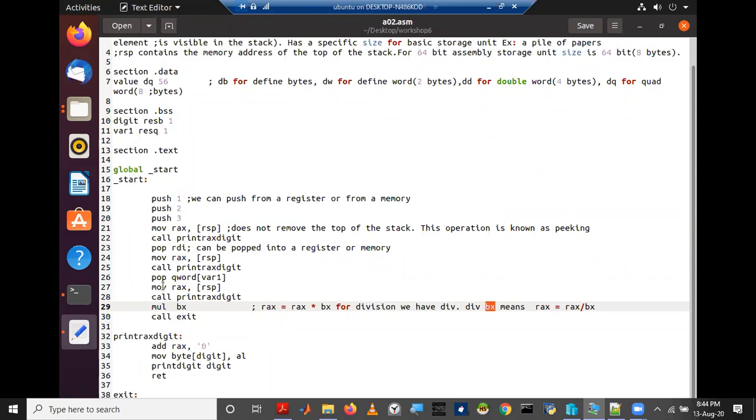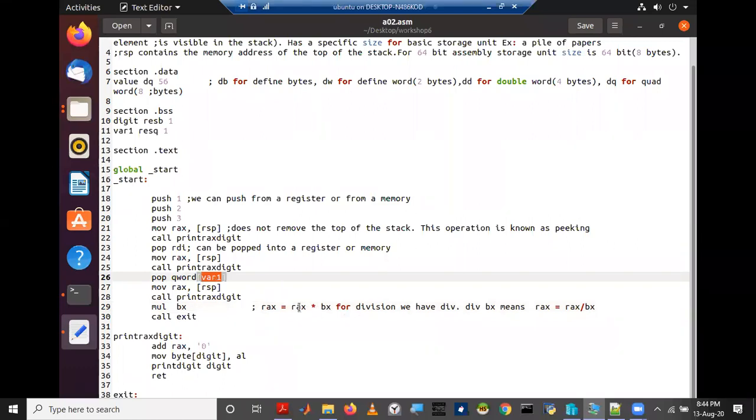So in this example, we are asked to multiply the value in RDI with the value in variable 1.